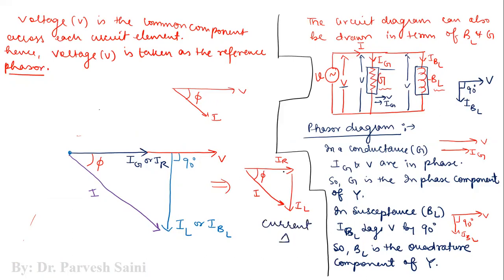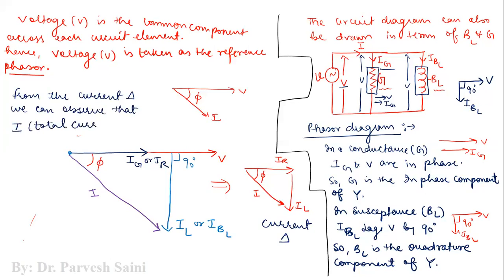Now from the current triangle, we can observe that I, which is the total current, is the phasor sum of IR or IG and